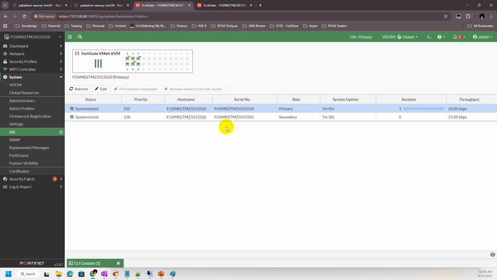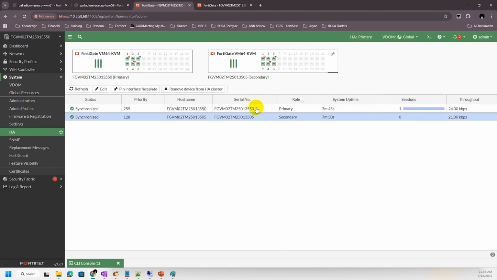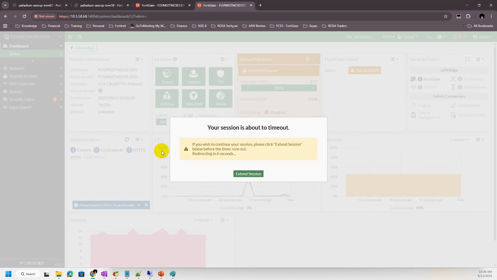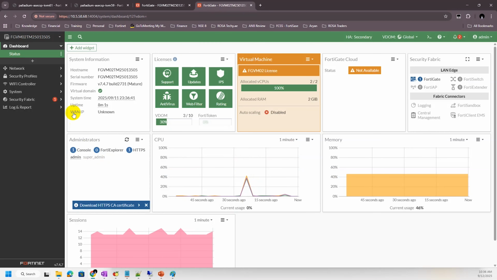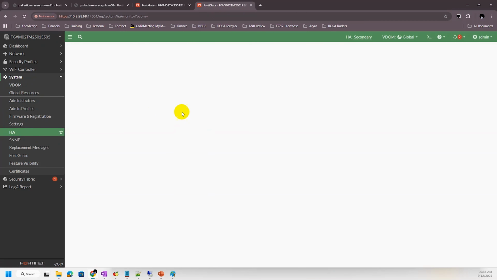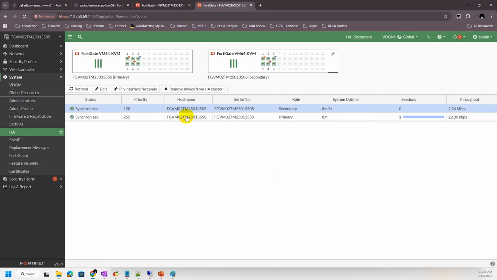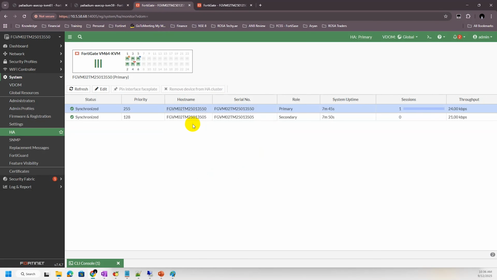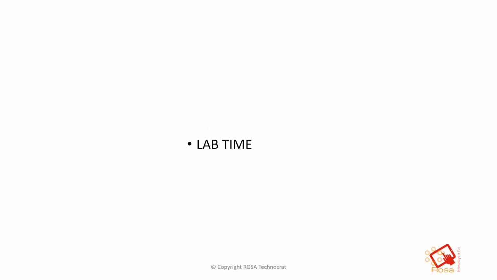I see the standard HA, primary being this device, secondary being this device, while on the other device, under system HA, there is no virtual clustering. So what we have learned just now is how to disable virtual clustering.